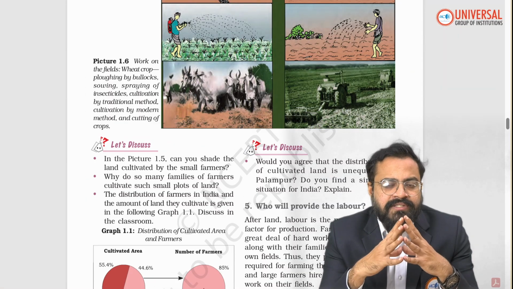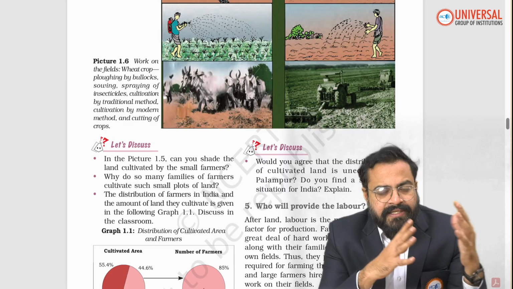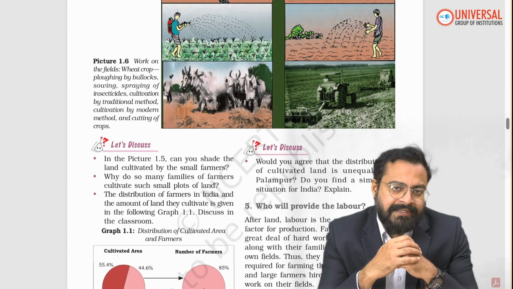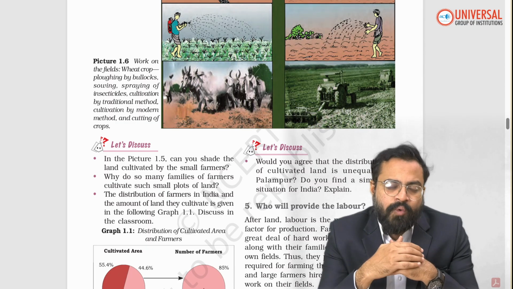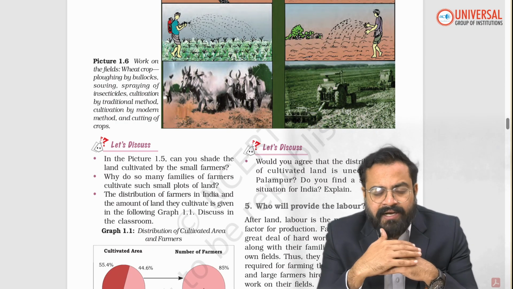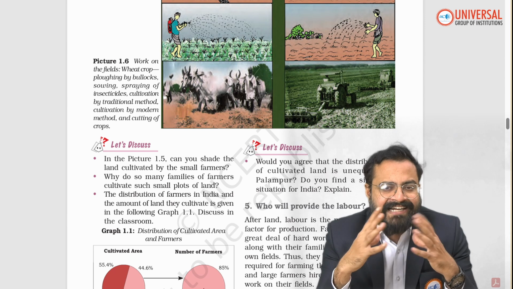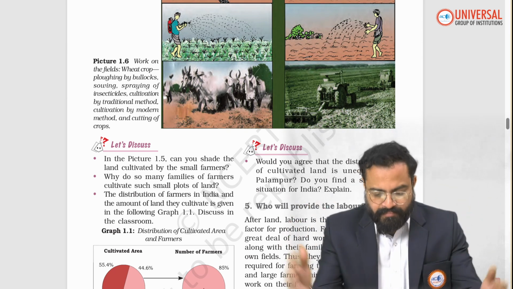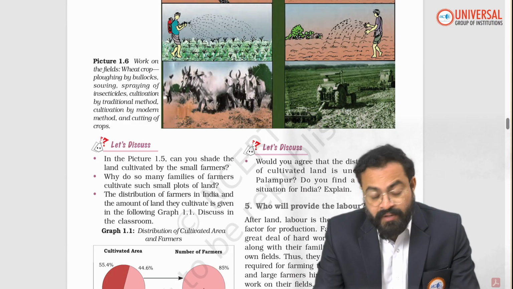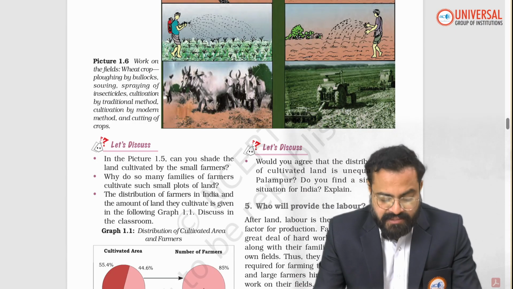Do comment in the comment section what is the total size of the Indian budget for the financial year 25-26. Now in this video session, we are going to discuss the further themes associated with agricultural holdings, who provides the labor as well as the credit, and how the other non-farming activities are organized in the fictional rural village called Palampur. Welcome once again to today's session.